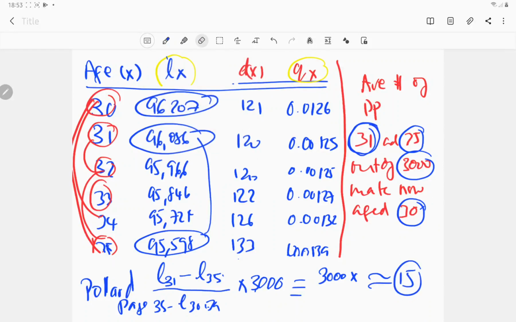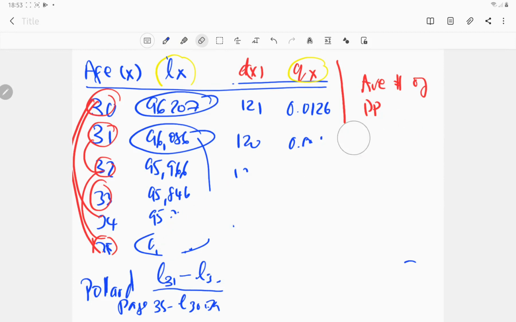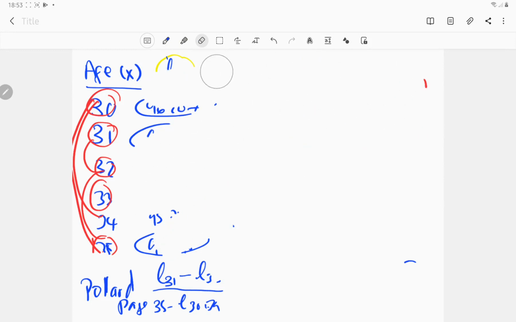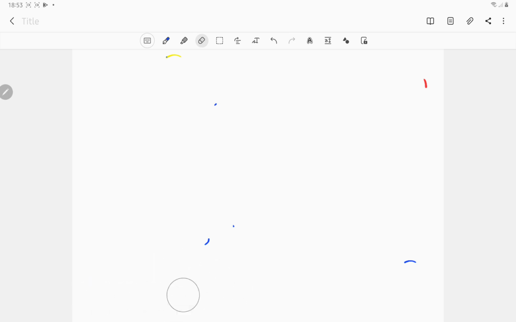Okay, now let me just label these so that we can determine other calculations of importance. Now, if you can recall, we can have a situation where we ask what is the